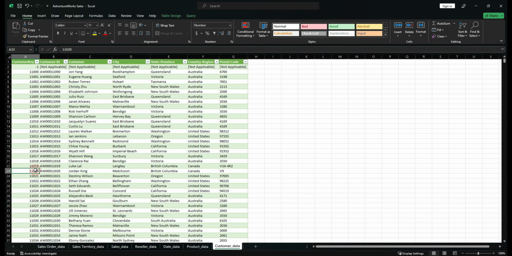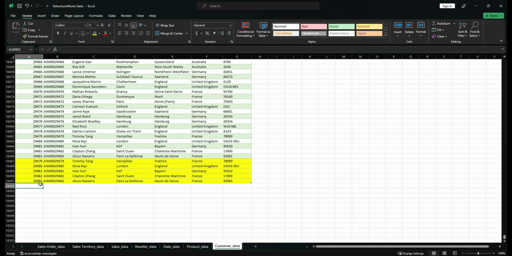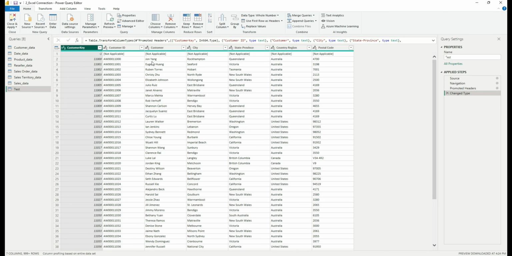So now let's try to add a non-numeric value manually and see how the keep errors option is useful. If I add a non-numeric value over here and save it, go back to my Power Query editor and click refresh preview,